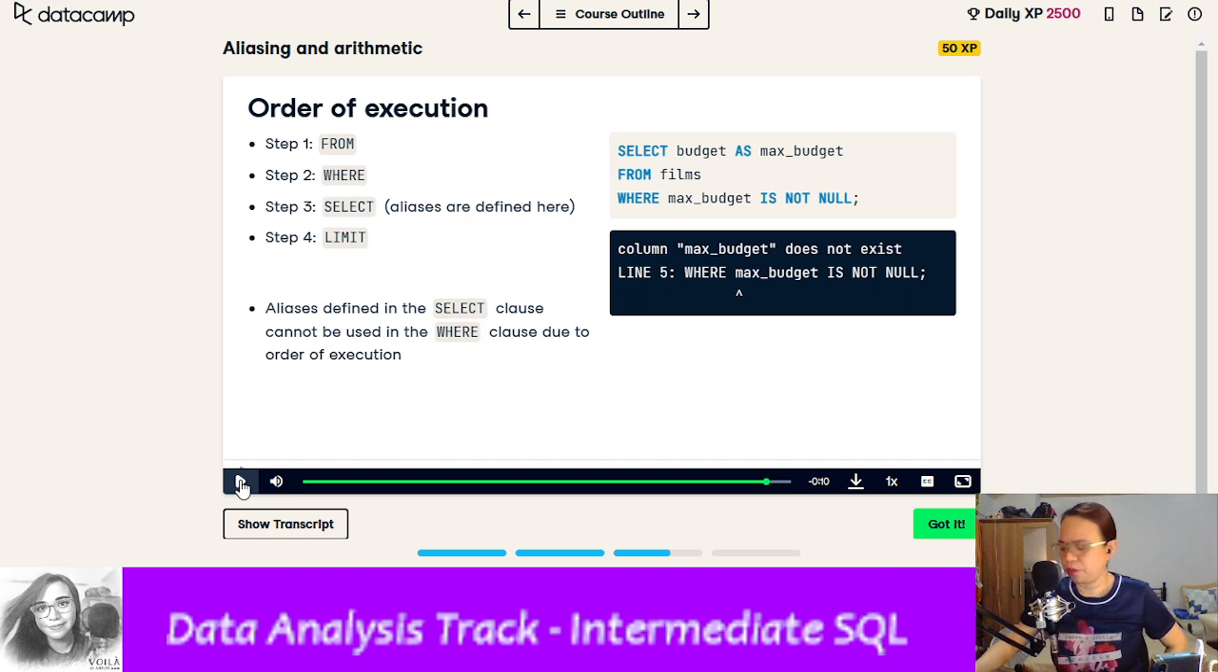From the source. Where is the condition? And select, the values to return. And limit is